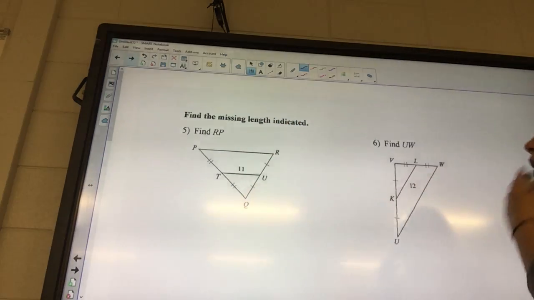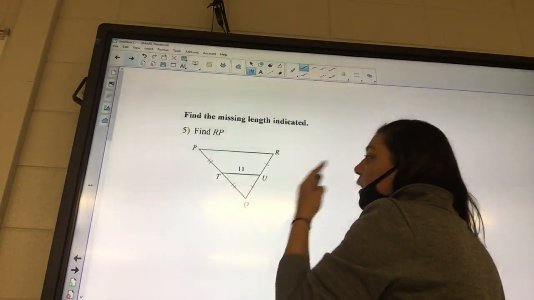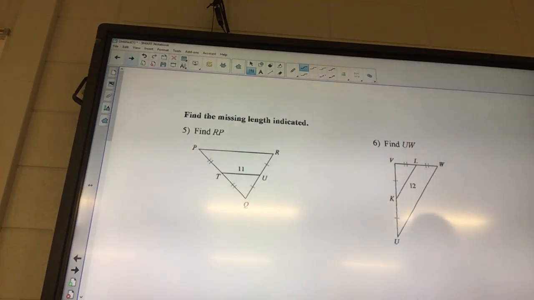Okay, RP. They want you to find RP. Some of you guys messed this up yesterday. These problems are so simple. And I didn't even say anything like, oh, don't do this page, because I don't know if you're having a brain fart or what, but like,